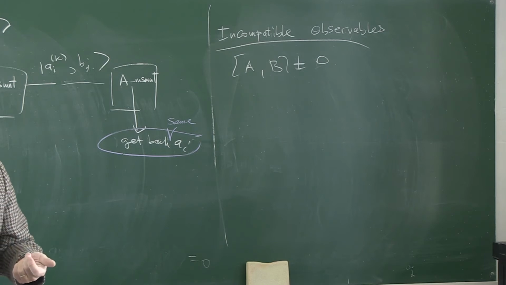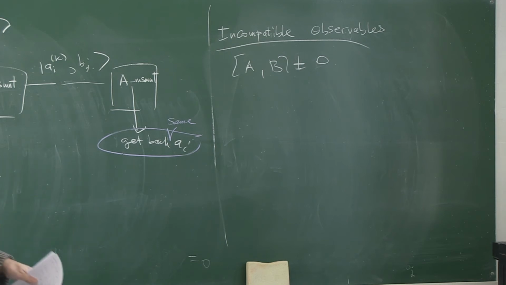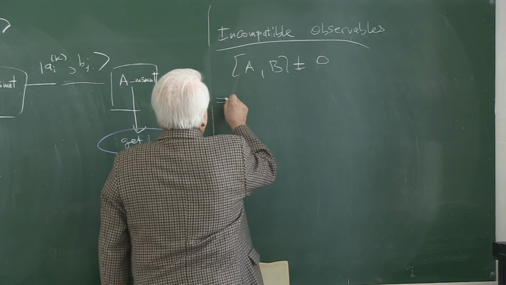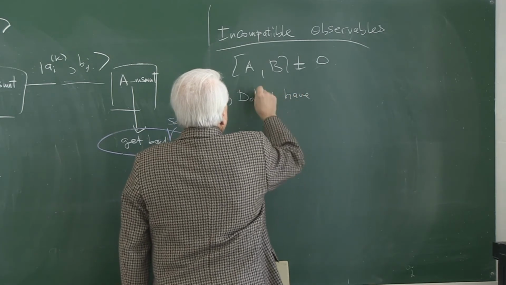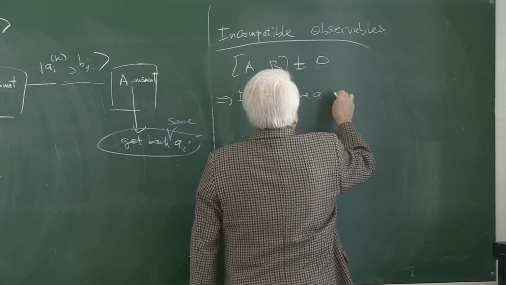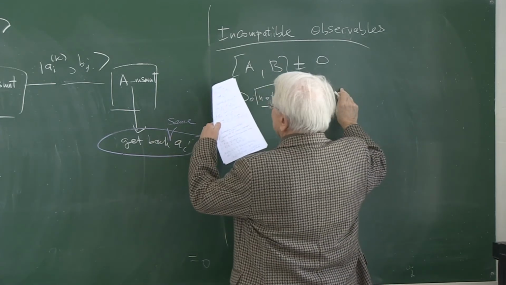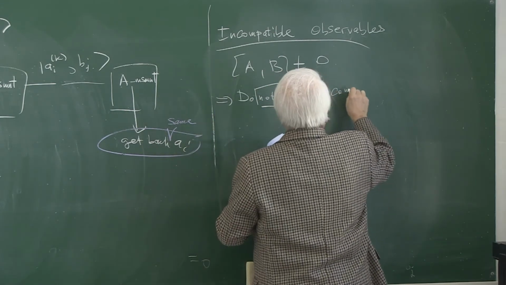So if they are incompatible, they wouldn't have a complete set of simultaneous eigenstates. They do not have a complete set